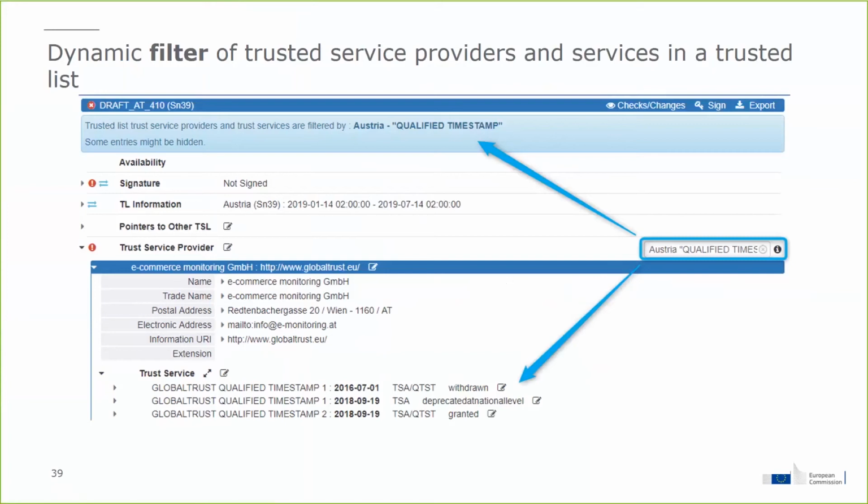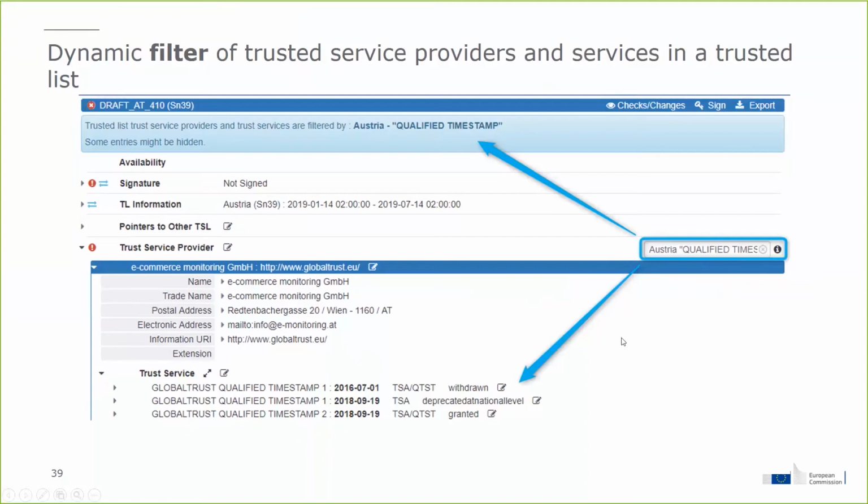This is how it looks like for the dynamic filter. You are in a trusted list, but we will see that in the demo. You now have on your right the possibility to filter out TSPs and trust services based on special wording. For instance, you can type "granted", and it will filter all the granted status of the trust services.